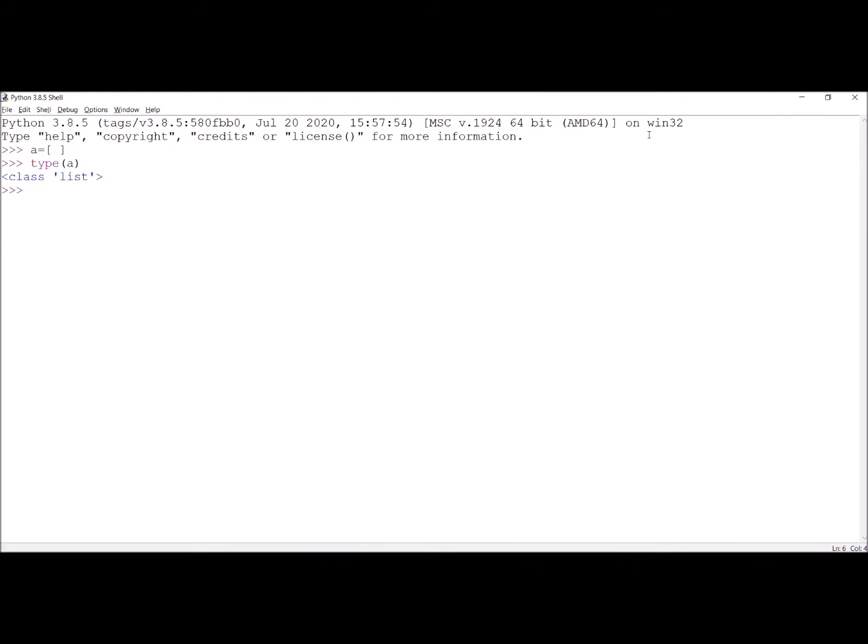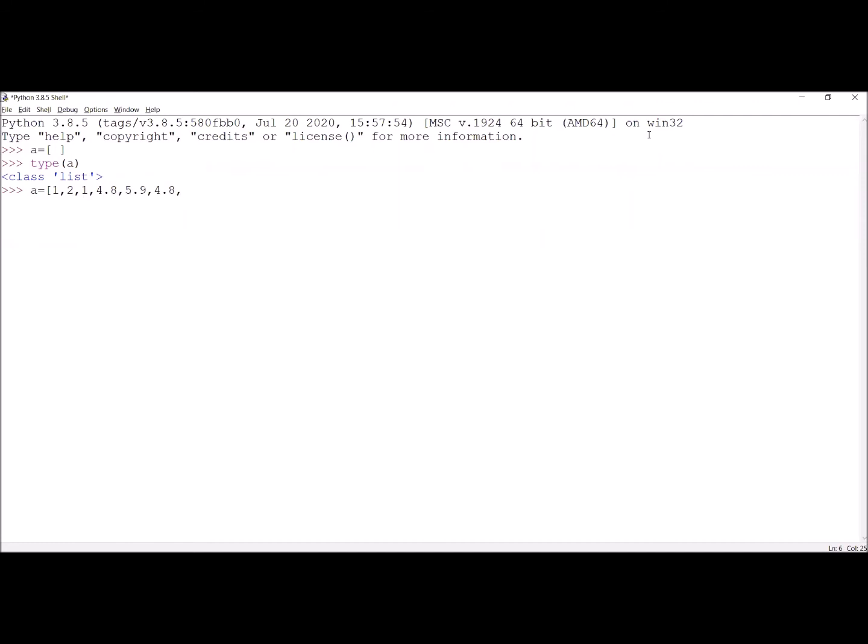Now, what is this list? I am giving some elements. We have to give the elements with a comma. I have given two integer elements and I have repeated one. Now I am giving the float elements 4.8, 5.9, and I am repeating 4.8.